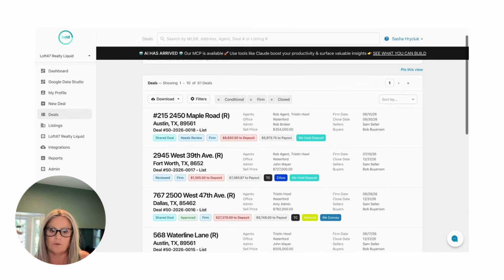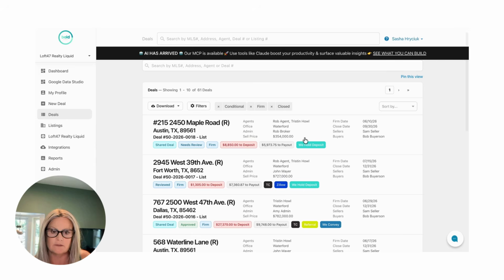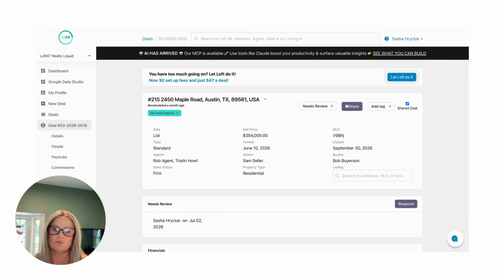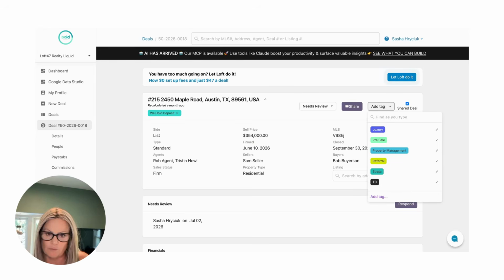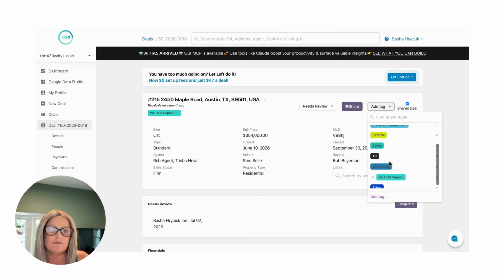So for deals, we've done quite a few updates, one of which is custom tagging. A lot of brokerages have their own workflow and very specific roles. So if you have a specific role, maybe you have to take a look at every deal that's pending a deposit, making sure that that's come in or something. All kinds of different ways to work, or maybe the way you handle a transaction is different. So say if it's a luxury transaction or a pre-sale, property management, if it's got a referral on it, if it came from Zillow, you can create these tags on the fly to organize your work